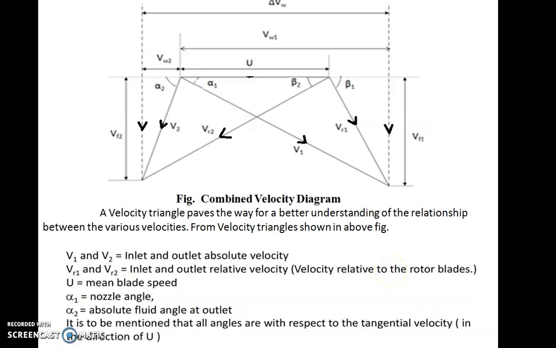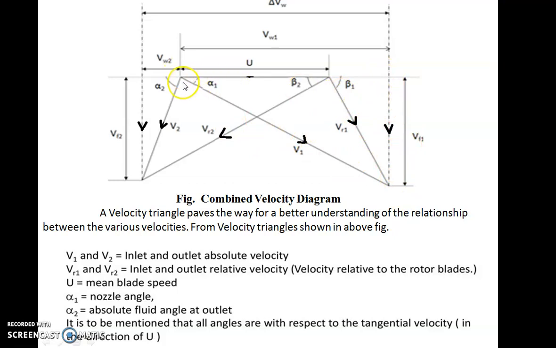Then the combined velocity triangle is also shown. If you see, the same diagram can be drawn combinedly on one diagram only. The inlet velocity triangle and outlet velocity triangle can be drawn combinedly. That is called the combined velocity diagram. So you take a reference as u, that is the velocity of the blade. On u you can take v1, which is making an angle alpha 1, the absolute velocity angle. vr1 is making an angle beta 1, which is nothing but the blade angle beta 1. So this is v1, vr1, and this is vf1.